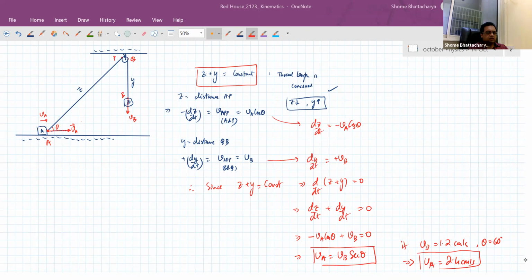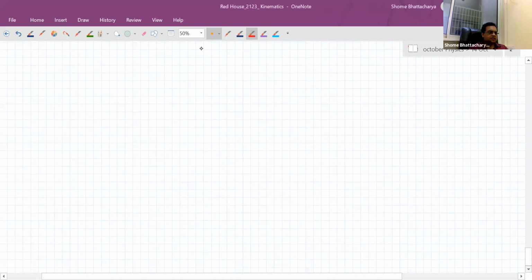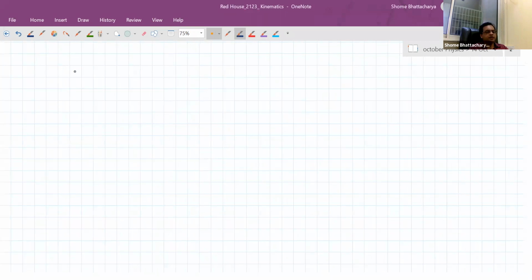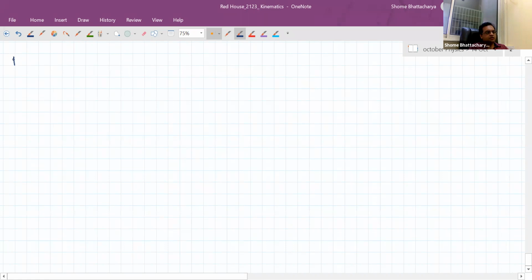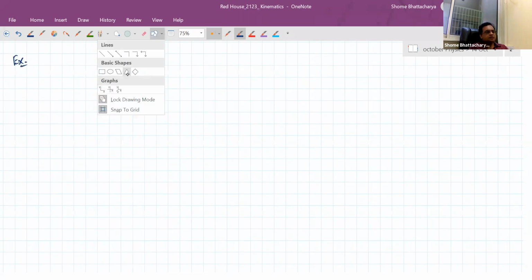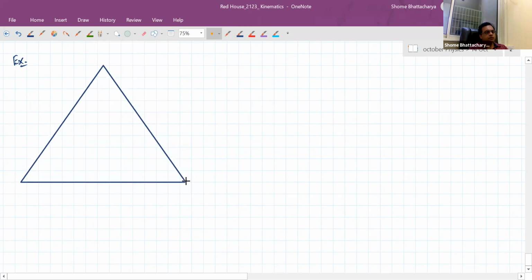Now we'll just take a few more minutes to complete one more example with which we can wind up this section, and with this we can wind up kinematics. So now this is a different type of example, not a constraint relation example. This is a very specific kind of example where the concept of approach and separation velocity is going to be used. So we have this situation where